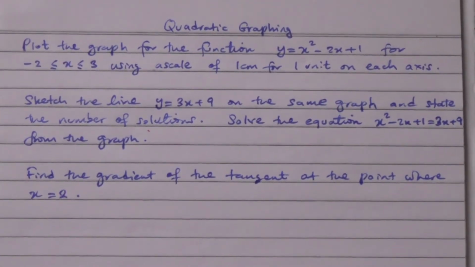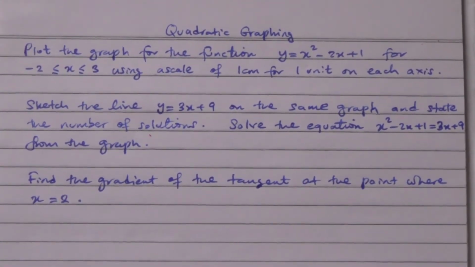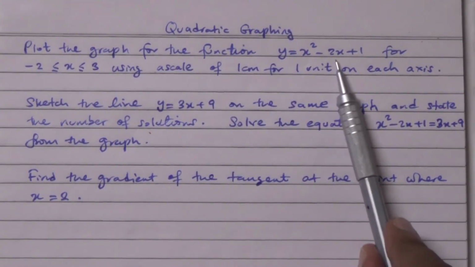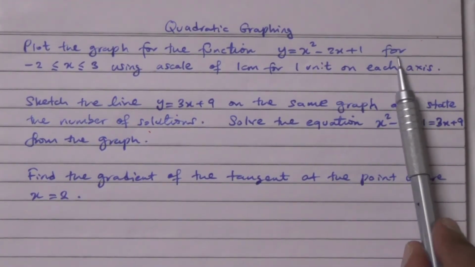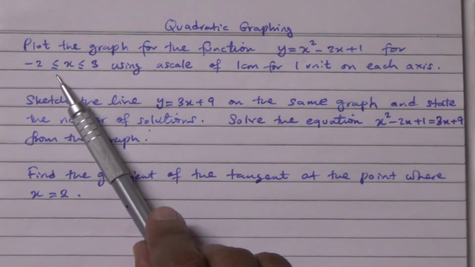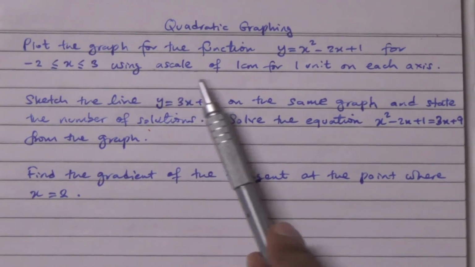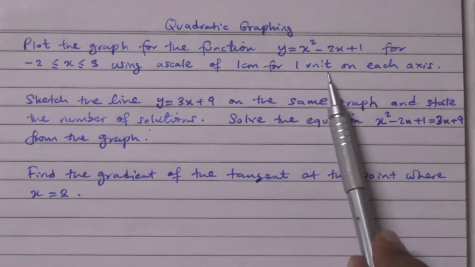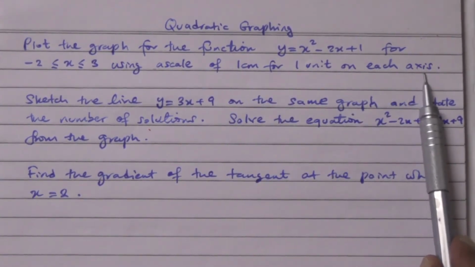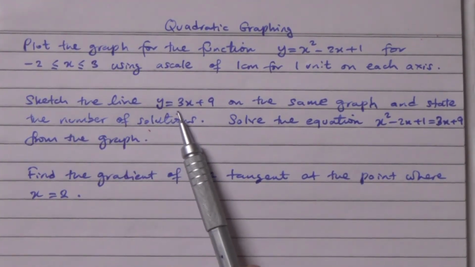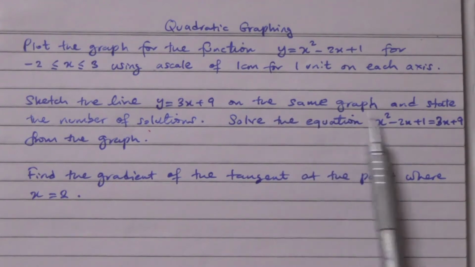Okay, this is about quadratic graphing. Plot the graph for the function y is equal to x squared minus 2x plus 1 for minus 2 less than or equal to x less than or equal to 3, using a scale of 1 centimeter for 1 unit on each axis. And also sketch the line y is equal to 3x plus 9 on the same graph and state the